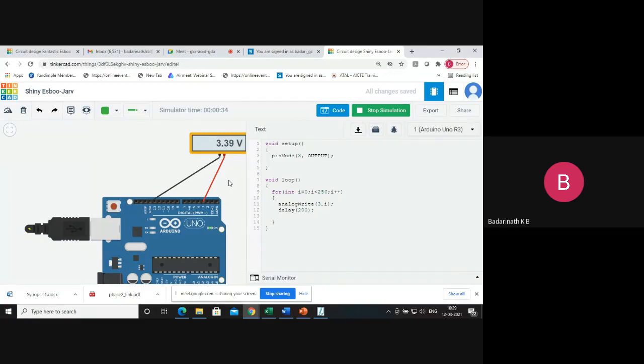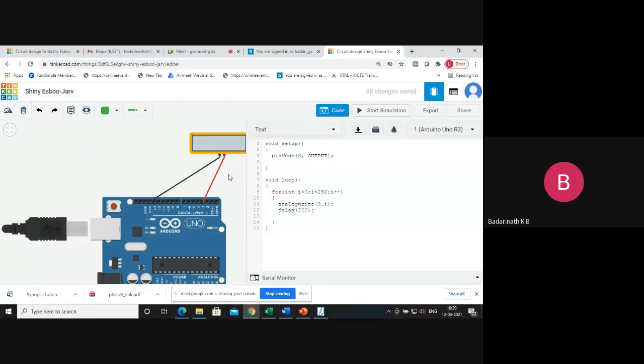It is generating a voltage starting from 0 with an 8-bit resolution, because the value of i is 8-bit. With this 8-bit resolution, it's changing. Whereas for the ADC we used a 10-bit resolution, since it's a software-implemented PWM, they've used 8-bit resolution. As you see, it goes up to 5 volts and comes back. So this is how this logic works.